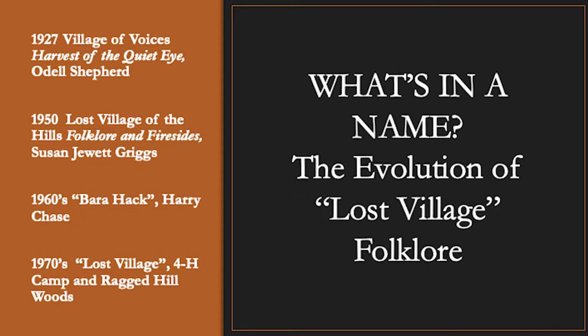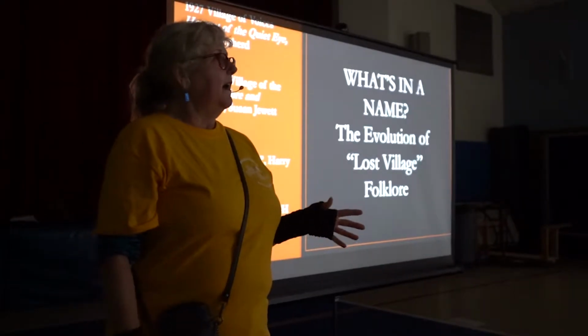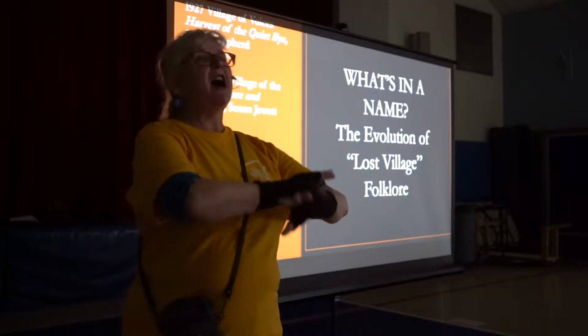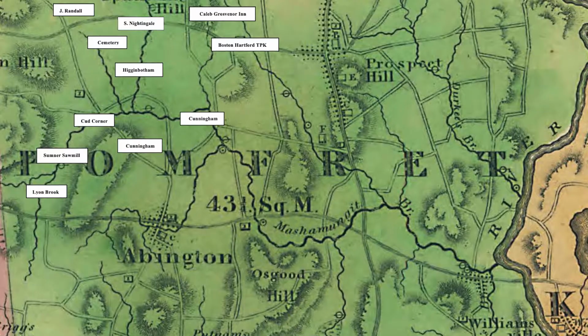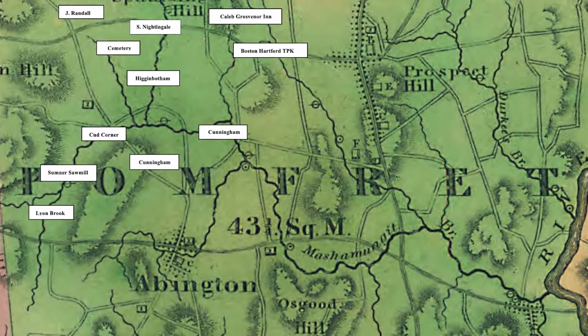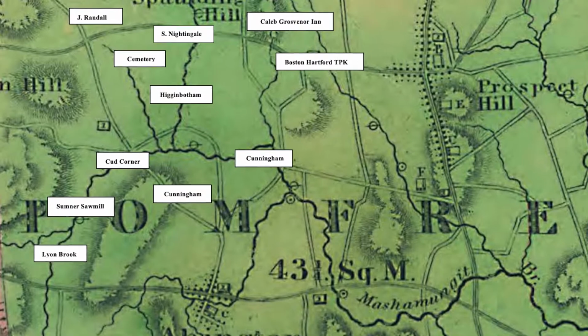This is a place that's had many different names. The names have evolved over time. It didn't have a name when the Randalls and the Higginbothams lived there. They did not name their farms. It's a neighborhood. In the 1700s, it is not isolated. It is not a hideout. It is very much a thriving neighborhood where there's several thoroughfares of traffic.